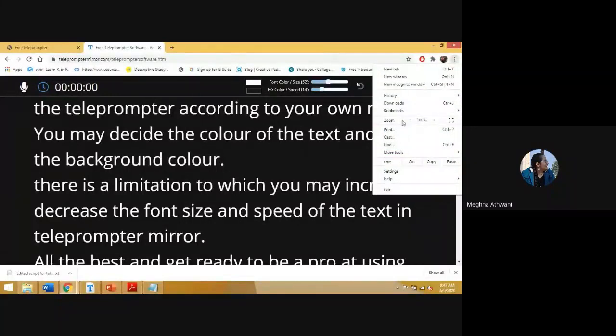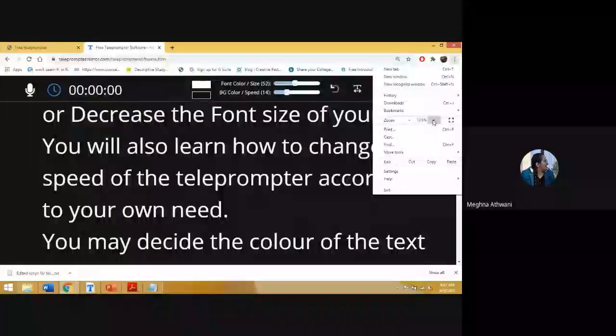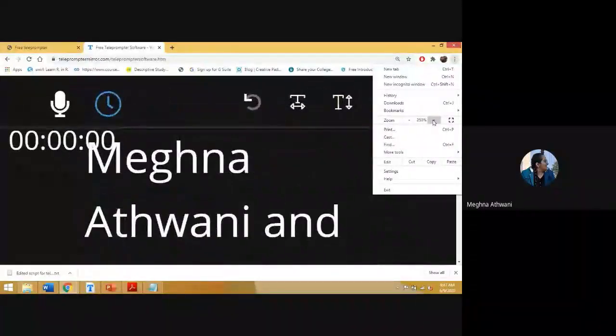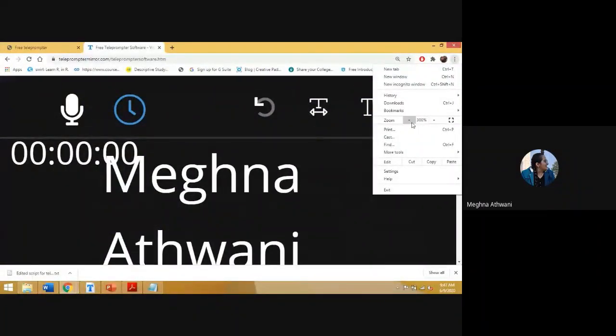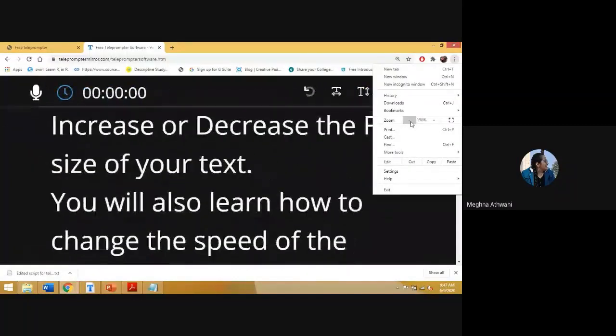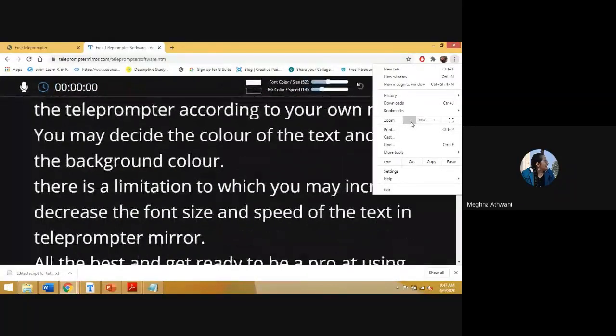Click on this. Here is the zoom option. You can increase the zoom size, see, or you can decrease it. This is not specifically for a teleprompter. You can do this with anything. This is for the Google Chrome tab. Okay. Thank you.